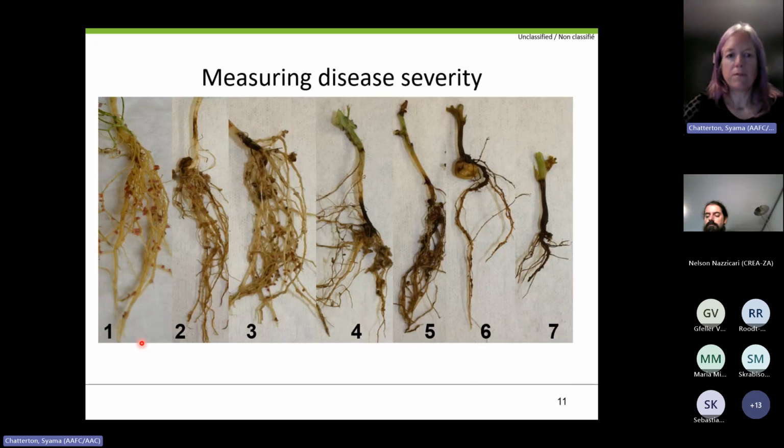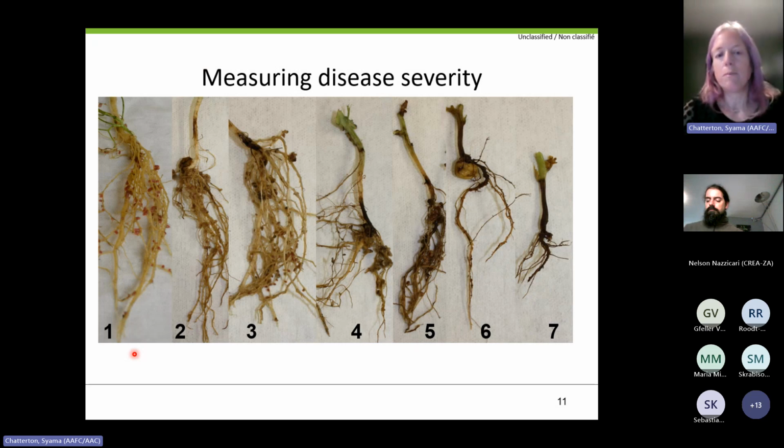So I just wanted to talk briefly, before I start getting into some of our results, about the issue of measuring disease severity. This is actually one of the most challenging issues working with root rot, that we're measuring everything on a very subjective visual scale. And because we're working with a complex, when I first started working on this, we were using an Aphanomyces-only symptom scale. But it doesn't really work when you start adding these other pathogens in the mix. So we had to come up with a scale that tried to combine what we were seeing from Aphanomyces, Fusarium,